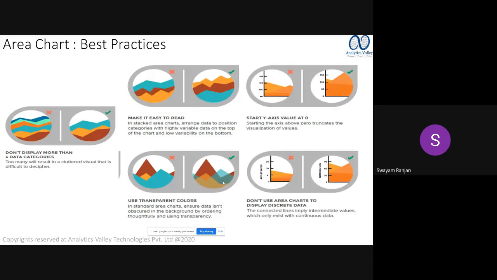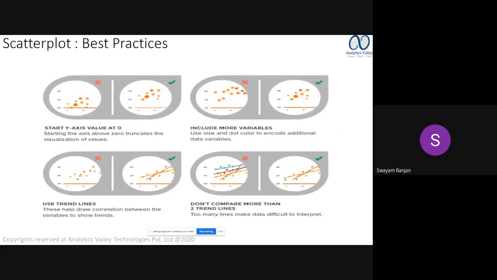It's not about just simply designing an area graph, but you also need to understand where to make the image thin, the film pretty thin, so that I am able to see till what level this has dipped. This stack chart is not meant to show discrete data. It is always meant to show continuous data, and other things should be kept into consideration. So all these factors are there.